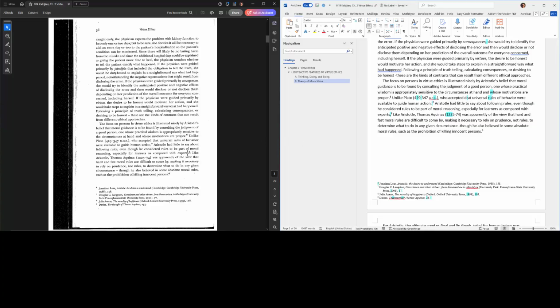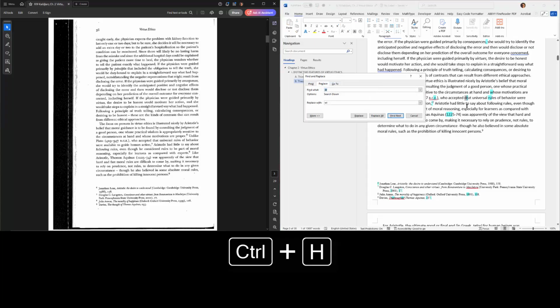Thomas Aquinas, dates look right. 429, dates look right. Who accepted, DRAT, probably who accepted that, yeah. That could be another one that's worth searching for. Yeah, let's search for DR, that should be a TH.